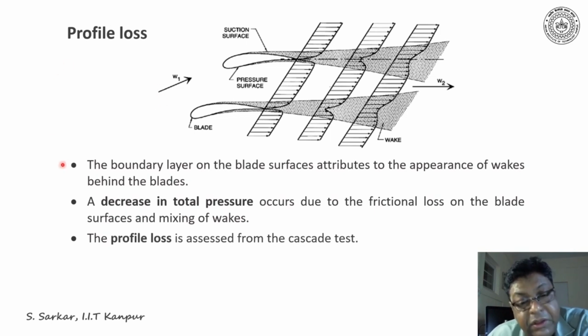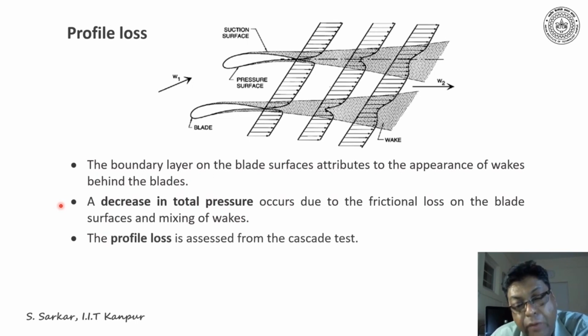Thus, the boundary layer on the blade surface attributes to the appearance of wake behind the blade, and because of the formation of boundary layer on the surface and the formation of wake, what will be the resultant? That there will be a decrease in total pressure due to frictional loss on the blade and mixing of wake. These profile losses can be